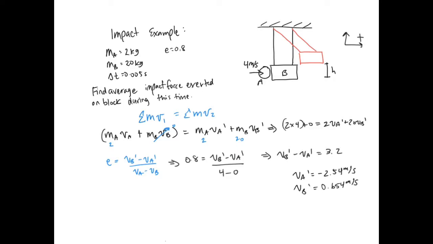So now we know our velocities, but the question was asking us for the average impact force. To capture that force, we have to draw our diagram. I'm going to scroll up. For this problem, you could draw it on the ball or the block. Both would work, but I'm going to draw the block. The initial linear momentum of our block was mBvB, which is equal to 0. Now we draw the impulse. The impulses are all the forces acting on our block multiplied by time. So we have T in the cable times delta T, and another cable times delta T. We have a weight down,